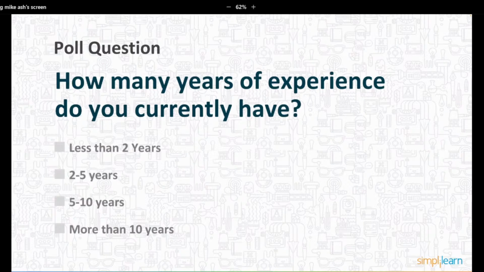Yeah, for the people who are putting in more than 10 years, put in chat what kind of roles you have. It's not that we haven't seen this kind of distribution before, but I'm interested in the kind of roles that people have had. Were they in development, or were they in general business, or something else? I'll look at the chat a little bit later, but would love to get a sense of where folks come from.